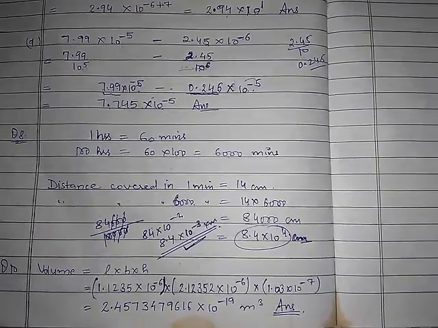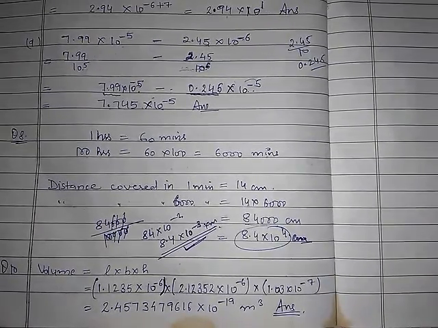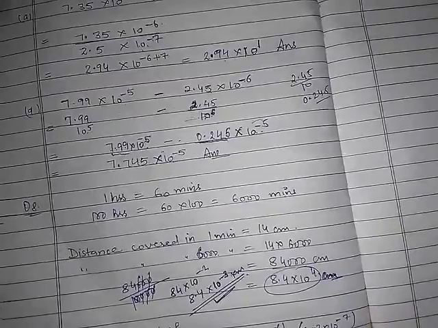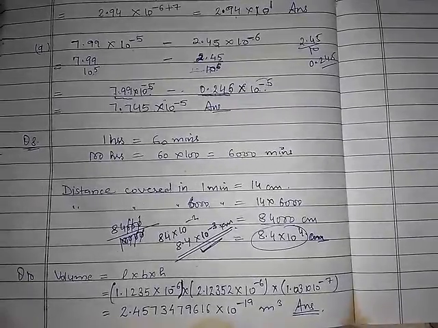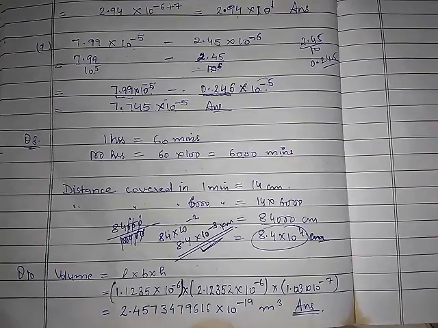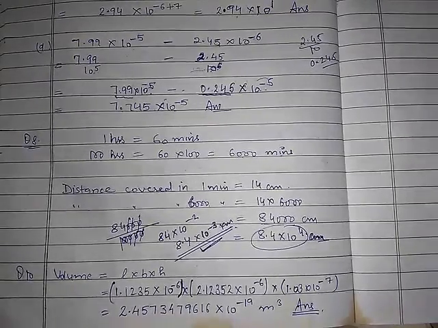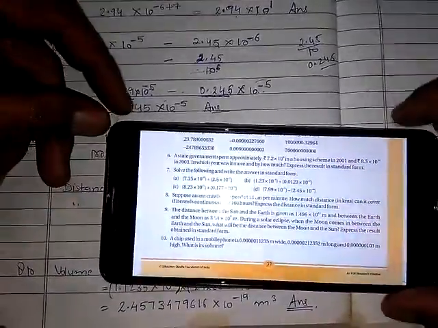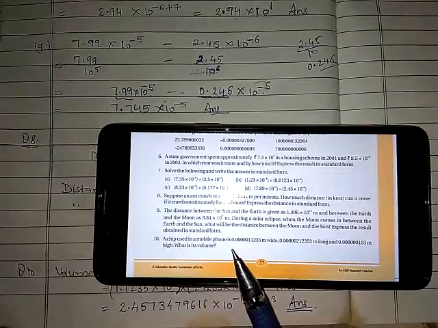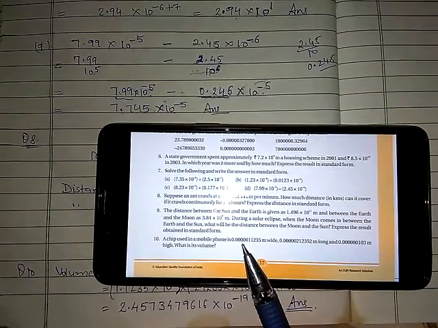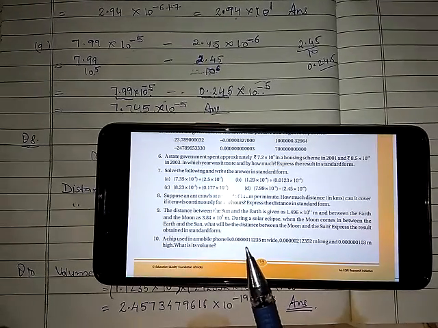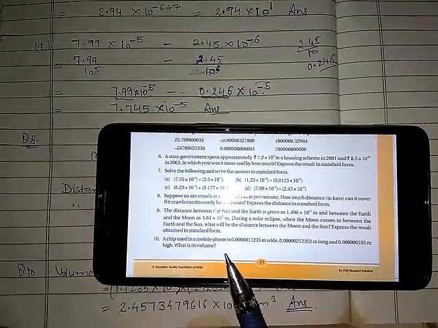In question number 10, they are talking about a chip. You know, chip means like in mobile phones, some chips are there. So let's assume for the SIM card, its length is given to you, breadth is given to you, and height is also given to you, and they are asking for its volume. You can have a look at the given numbers. So this is the width. It is given that 0.0000011235. So you can check out the decimal representation. It's a very big decimal representation.